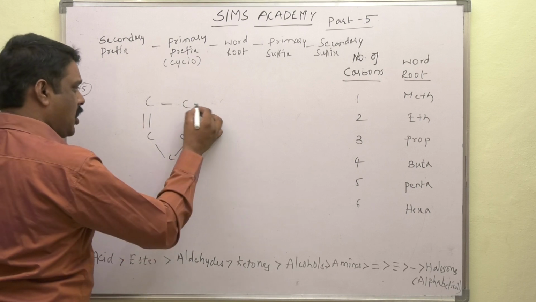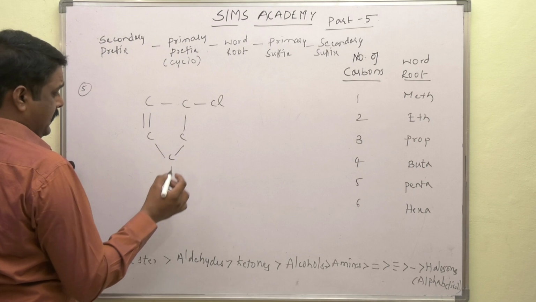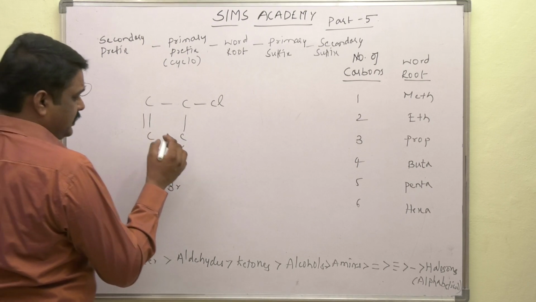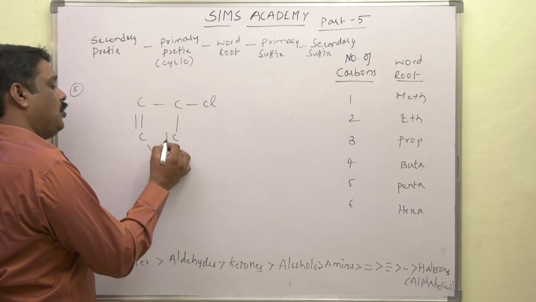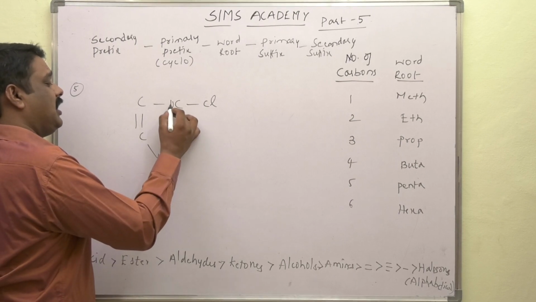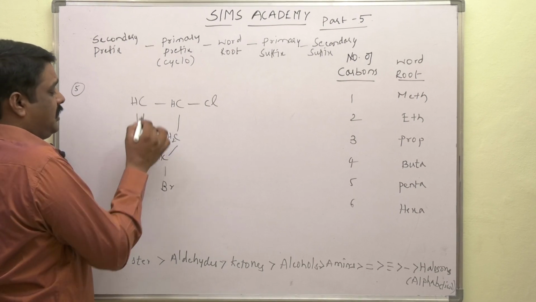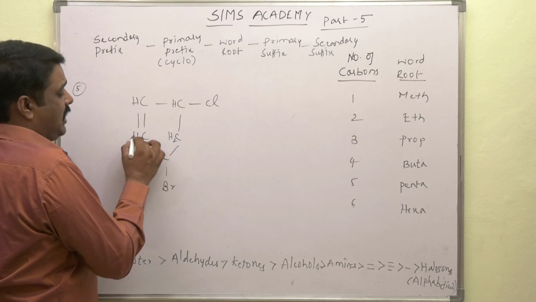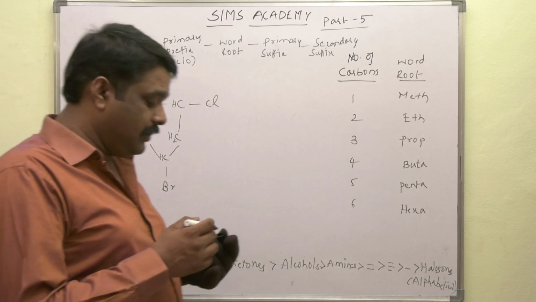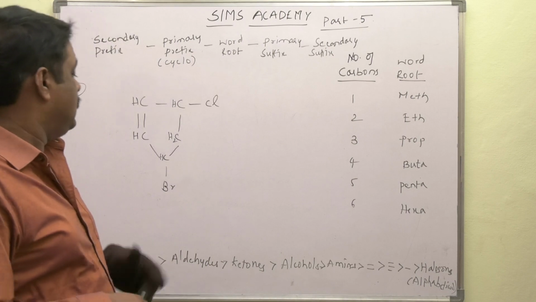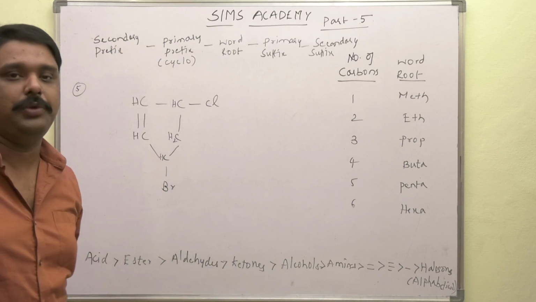Let us mention double bond, chlorine, bromine. Okay, check out the hydrogens. 1, 2, 3 hydrogens, 1, 2, 2 hydrogens, 1, 2, 3, 1 hydrogen, 1, 2, 3, 1 hydrogen. Now from which end are we supposed to give the numbering? After halogens we have a double bond. Double bond needed to be given.